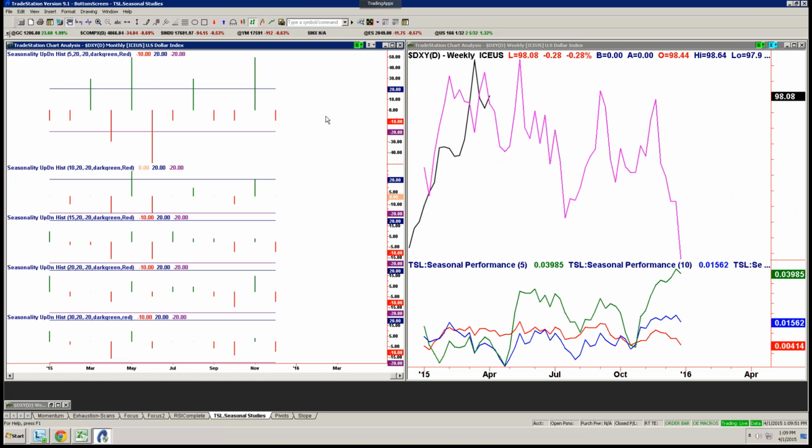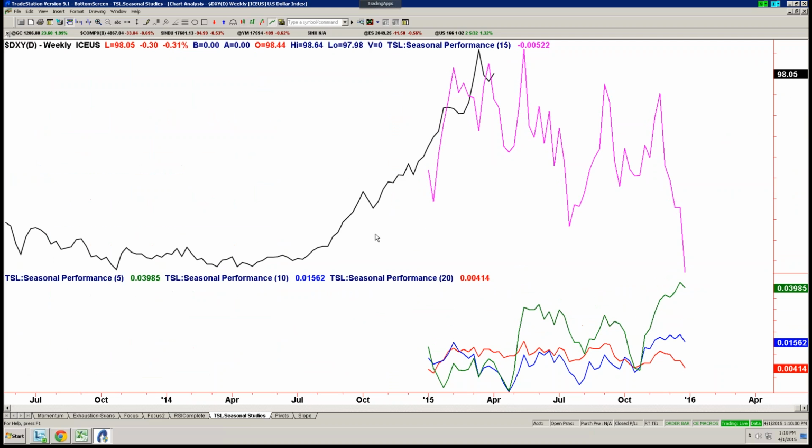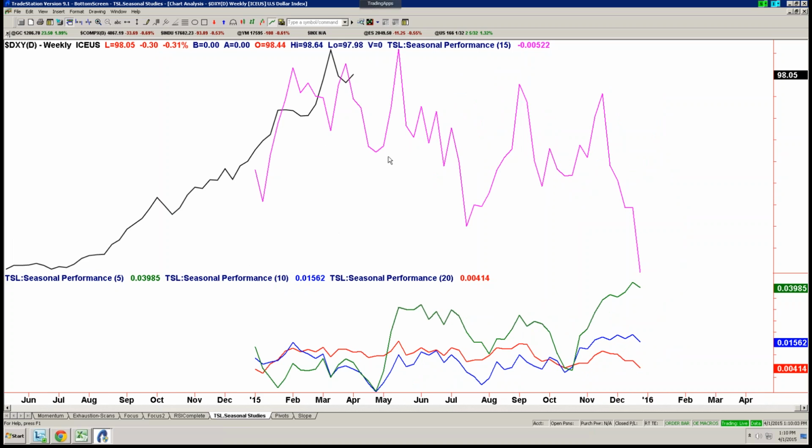I said one of the first things in the webinar I wanted to do is go through the seasonals, right? There are some very interesting seasonals that stick out. So you're obviously all familiar with the chart here on the right. This lays out basically the average path of the instrument that we're looking at over the last 5, 10, 20, and 30 years. Obviously, not all the data is there for some of them. Like for the euro, we don't have 30 years of data, because the euro came into existence in the late 90s. So we don't even have 20 years of data, but the dollar index we do. So we've got all the data here.